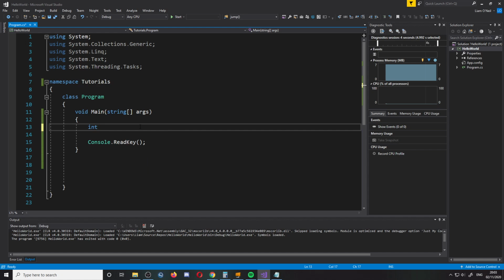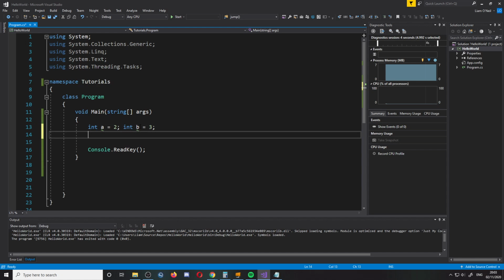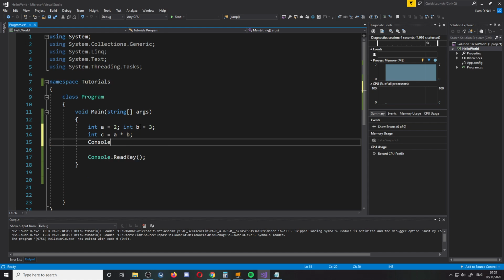We'll declare an int called A, and int A equals 2, just so it has an effect. And we'll declare another int called B, which is 3. And then we can say int C equals A times B, and console dot writeline